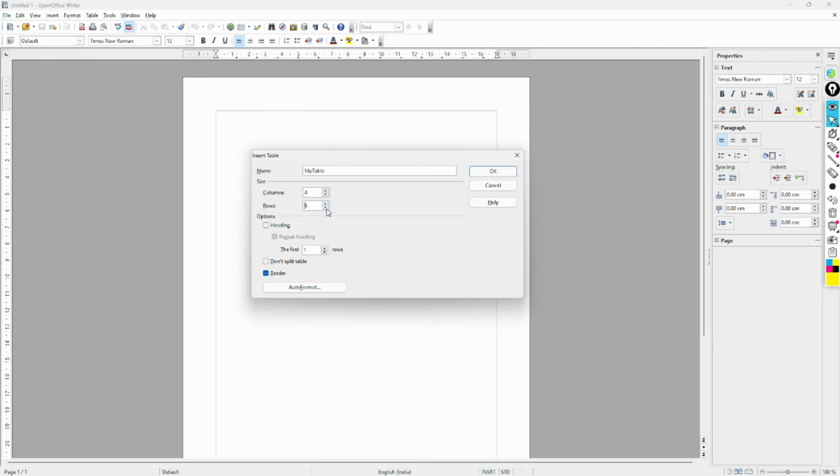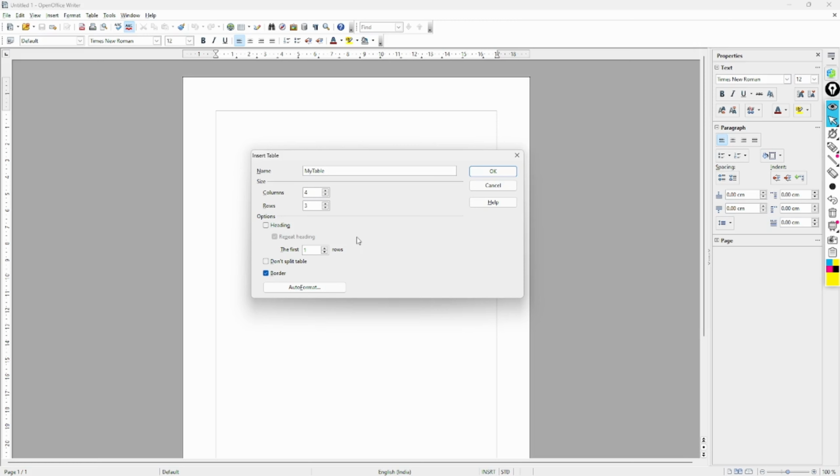And here is the second option, rows, meaning how many rows I want. With the plus sign I can increase and decrease also. There is a second thing. For example, if I want 50 or 100 rows, then shall I press that key 100 times or 50 times? No, it is hectic. So what we will do, we will simply click on it.